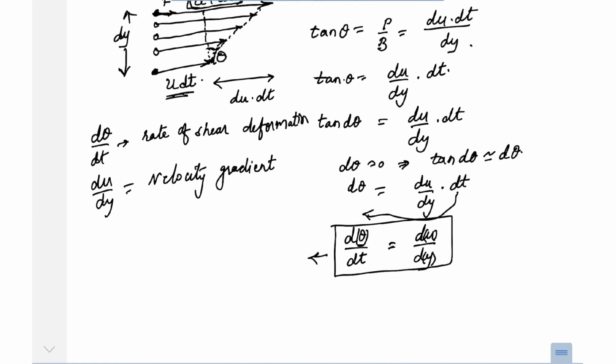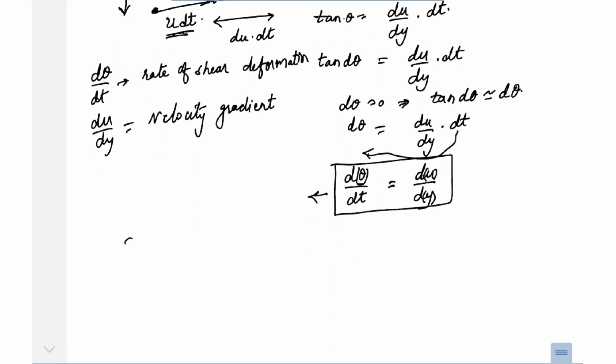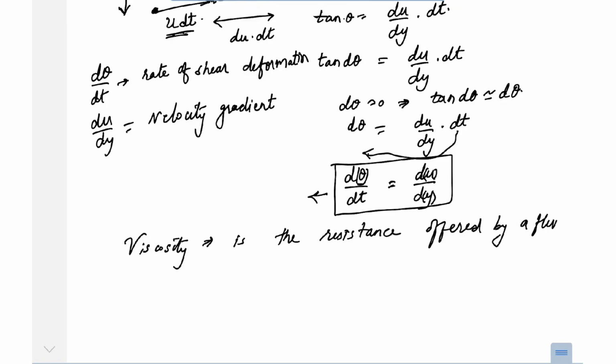So writing down here the definition of viscosity, we can say that viscosity is nothing but the resistance offered by a fluid particle or layer in the motion of its adjacent